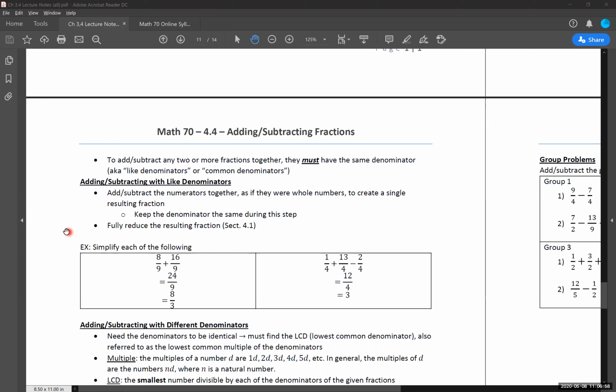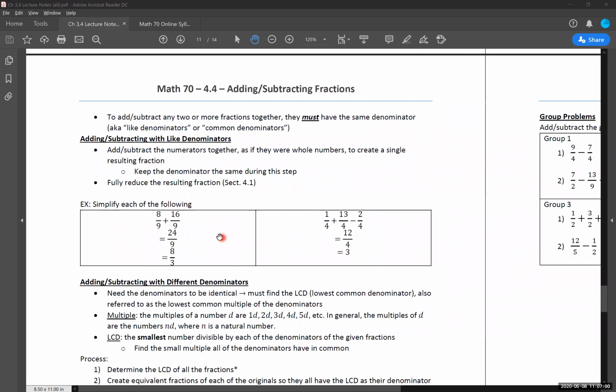So we're going to take a look at our two examples that we have here. Again, a bit more straightforward. We'll go into more advanced ones down here where I'll actually work this out. But if we're told, okay, simplify each of the following. Our first expression is 8 over 9 plus 16 over 9. In this scenario, we always need to say, okay, I'm adding fractions together. Is the denominator the exact same? In this case, yes, both of them are 9. So our requirement has been met, so we're good there.